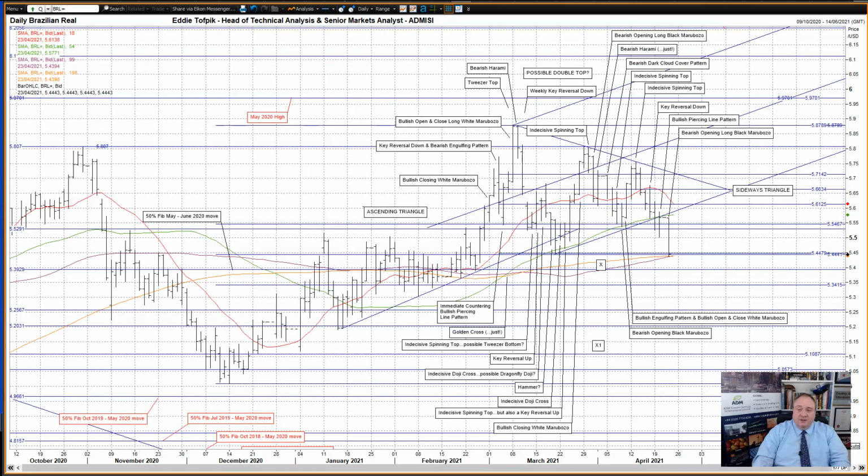Just remember, 6 out of 10 times the break on sideways triangles is on the upside. Additionally, being so far along the triangle, we have a high degree, as I've already mentioned, of false breaks and also pullbacks as well, something like 60 to 70% of the time. So please watch carefully.